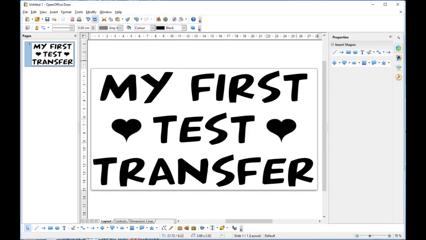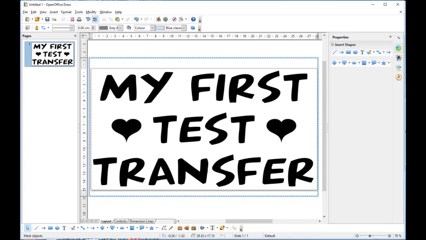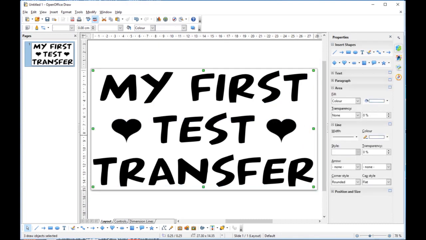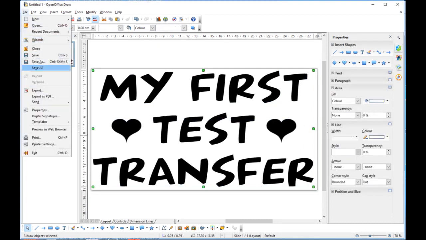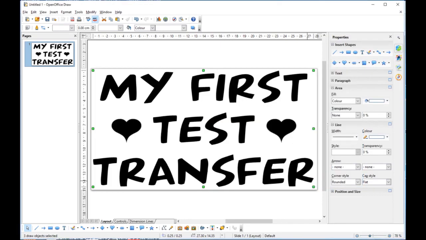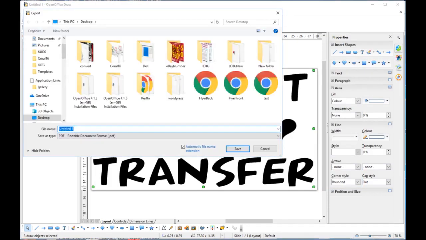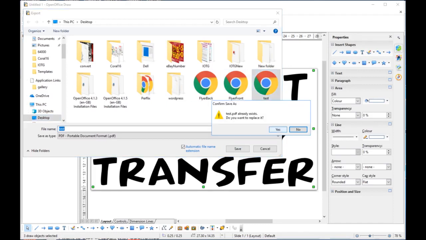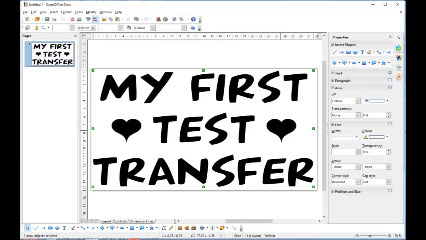Right, once we've got all that, all we then need to do is to highlight the entire thing and go to File, and we need to export as PDF. Okay, so click on that, hit export, call the file whatever you want to call it. I'm going to call it test because I've already done one, and I'm going to save that, hit yes,